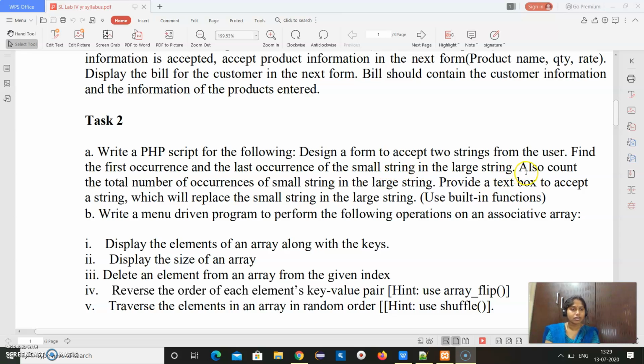And next, also count the total number of occurrences of the small string in the larger string. How many times it is occurring, that we can also find. Next, provide a text box to accept a string which will replace the small string in the larger string. If you really want to replace any word in that string, you should be able to do that using these built-in functions. Now going to this program,